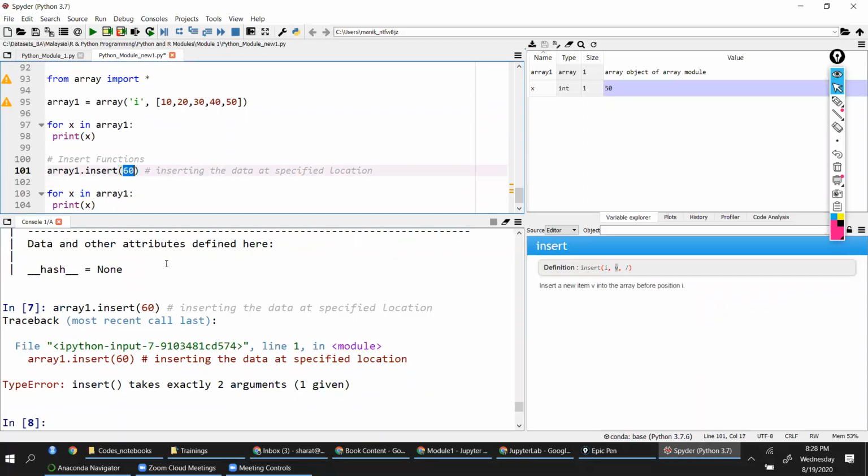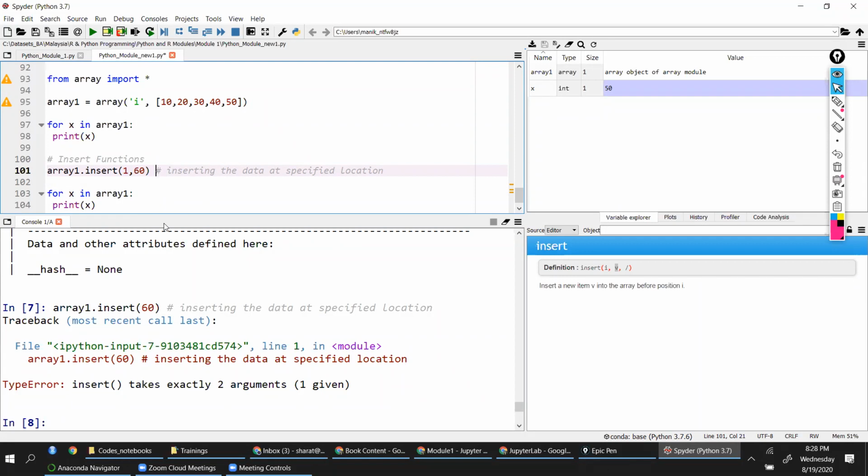So when you're passing only one value, it is throwing an error. It says insert takes exactly 2 arguments, but you have given only one, right? So you basically have to give 2 values. Now this I is index. Okay. So if I execute this, what will happen, friends?